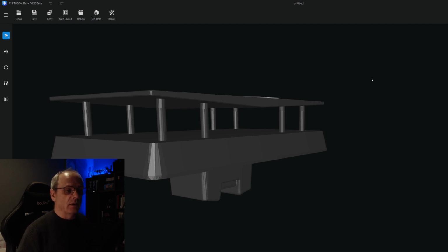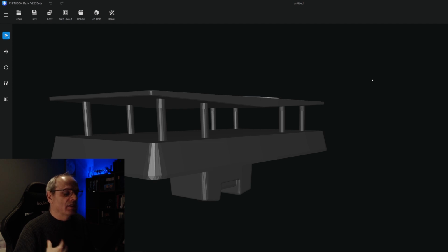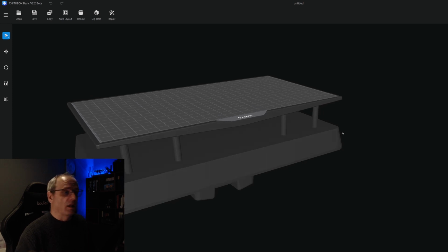But using this bit of software, when you're used to using 3D Max, ZBrush, Blender, clean, neat, tidy 3D software, and you come to something like this, it's like wading through mud. You know what I mean? Don't get me wrong, it works. It does the job it's intended to do, but it's just frustrating and pretty hard to use sometimes. Anyway, I won't go into that now. Maybe I'll do a whole video just on this because it needs it badly. We develop software, obviously games, and I'm pretty sure we could write something better than this in a few weeks. We could probably fix this up quite quickly, and yeah, anyway,